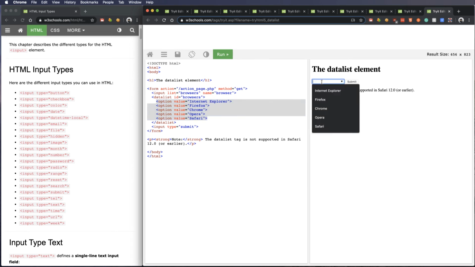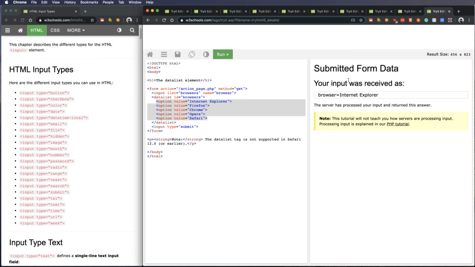But the way that this works is I can click on it, and I can pick. It has that drop-down functionality. Or I can just start typing. If I start typing out Chrome, or I typed out I, it's looking for anything with an I in it. Things like that. And then you can select if you want and then hit submit. So it makes it a little bit easier selecting if you can